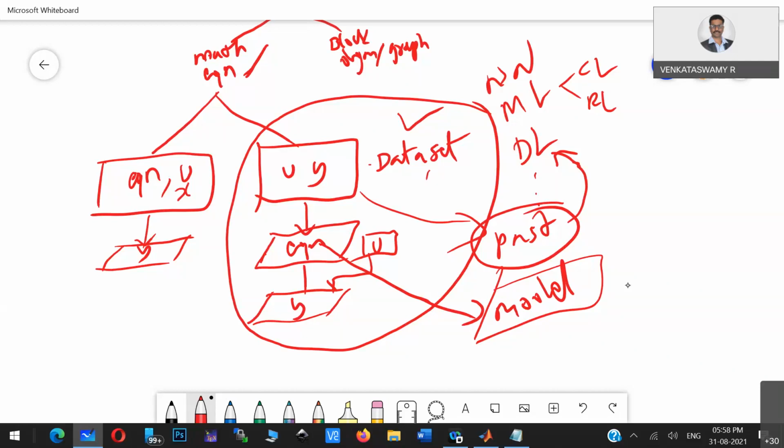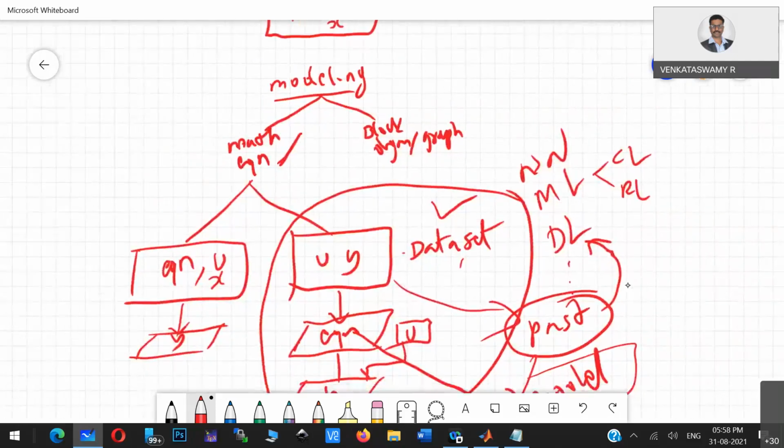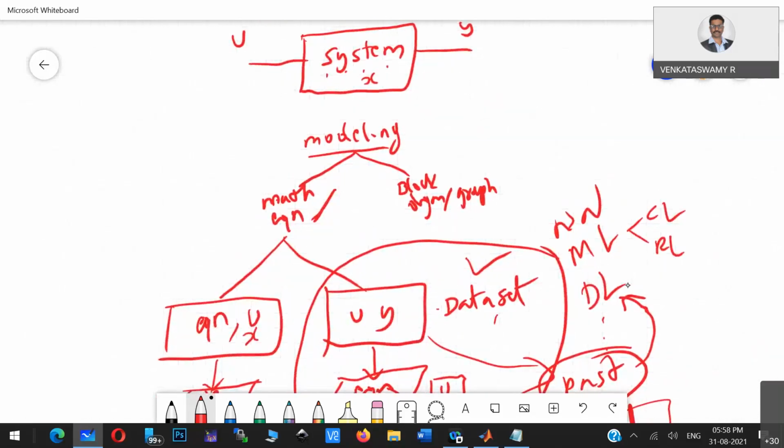Hope you understand, because getting the equation means, as I told you, a differential equation, n number of differential equations, and the order is n. First order we can solve. Second order is hard. Third order differential equation is very difficult to solve. That's why we go for some numerical methods.